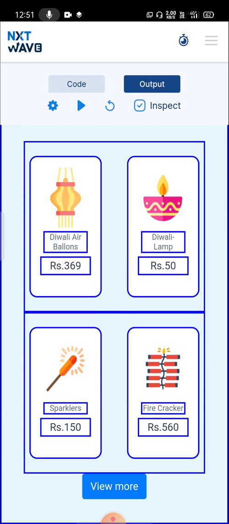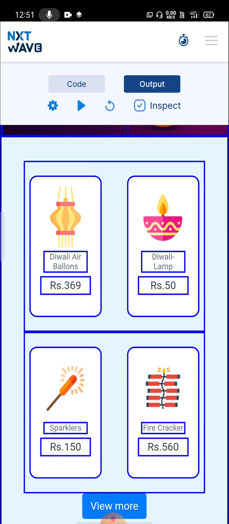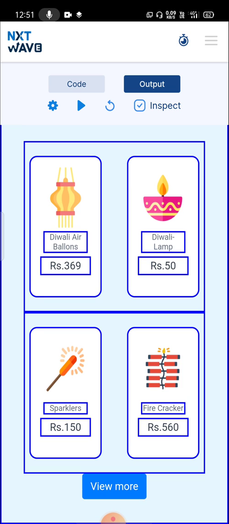In the first container I used d-flex, flex-row. I want to align them in the same row, that's why I used flex-row. And I want them at the center, that's why I used justify-content-center.